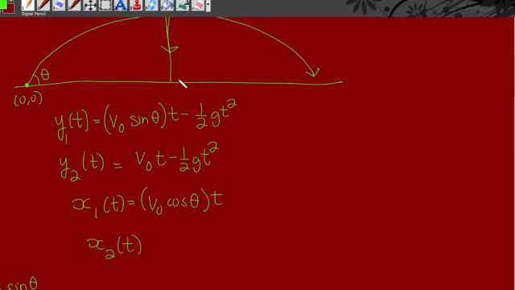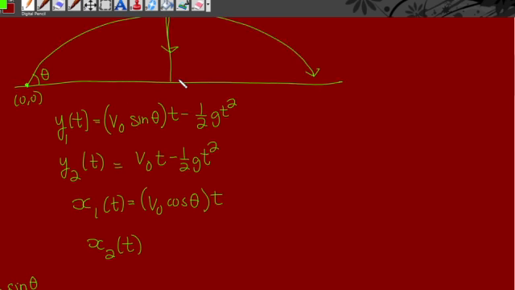And since it's halfway along the total trajectory of the first ball, let's look at the equation that we derived earlier for the total horizontal range that the first ball would travel, which is v naught squared sine 2 theta over g,